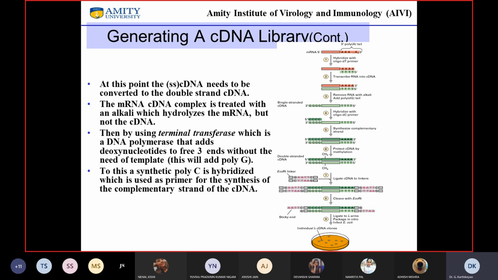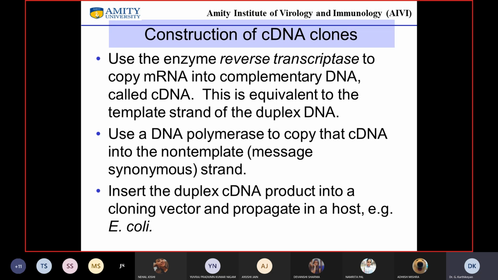So whether it is a cDNA library or a genomic library, when it comes to cloning into lambda vector, that step remains the same. Okay, it is only your starting material that changes, whether it is genomic DNA or whether it's going to be a cDNA. That changes. If it is a cDNA, then you're going to go through this entire set of steps, right?